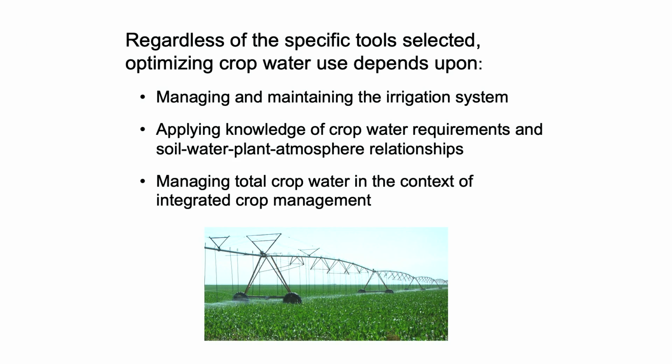regardless of the tools that you select, managing and maintaining that irrigation system are very important. If I clog up my system and I'm trying to get pressure, I'm having to do all kinds of gyrations to try to get the thing working again, I'm not getting good results out of it. Applying all that knowledge and all those data, I've got a lot of good information on soil-water relationships, crop water use, production guides, integrating all that information to make decisions, making the best use of all that information that's available, and then managing the crop water in the context of the whole crop management system. Okay, picking the better genetics, picking the better integrated pest management plan, all those things enter in, not just